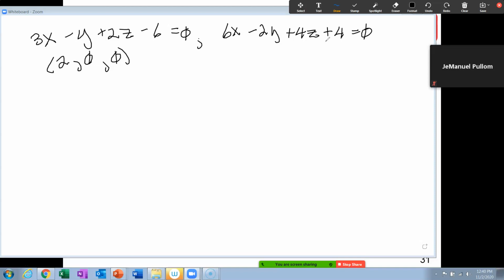Okay, so now we have a point on the first plane, not on the second plane. We want the distance between the two planes. If you flick back, if you've got your book open to 1113, the distance between a point and a plane would be this. D is equal to,